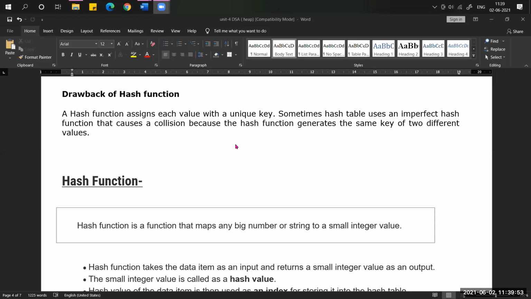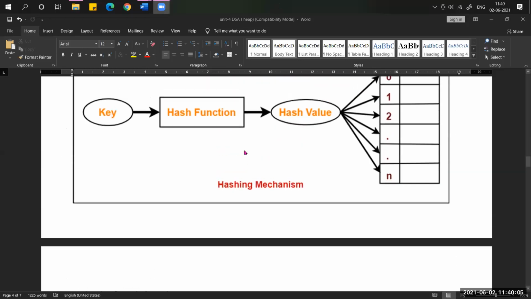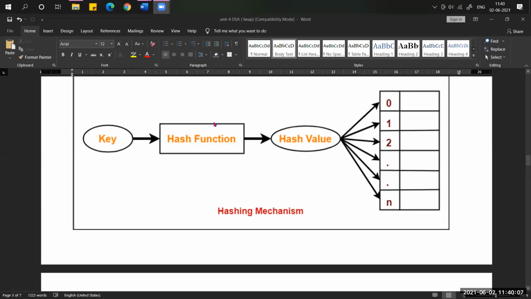While we were discussing the hash table, we found that there is one drawback while using the hash function. What is that drawback? In the previous session, we discussed that based on this hash function, we get one drawback. What does that mean? If two data values get the same index number, then what is the solution?